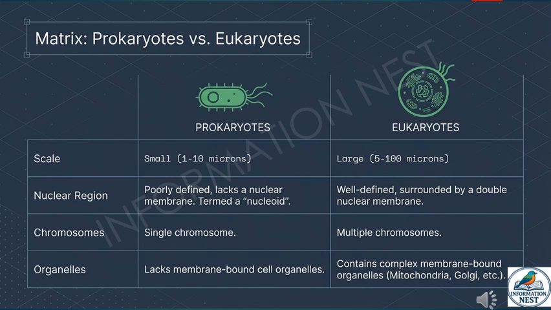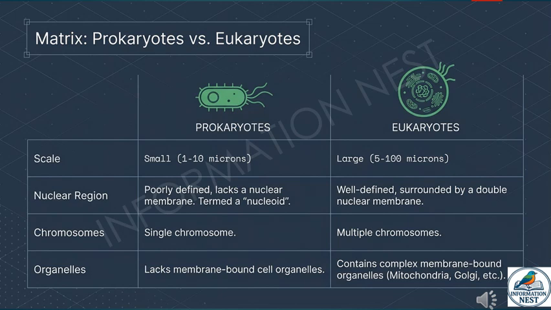Think of a prokaryote as a messy dorm room. There are no walls. The nuclear region is just a pile of laundry in the corner called a nucleoid. Everything is just there, but eukaryotes, they are living in a mansion. They have a dedicated office for the DNA, the nucleus, a kitchen, mitochondria, and even a mailroom, the Golgi. Eukaryotes are basically the organized planners of the biological world, while prokaryotes are just winging it in a tiny 1